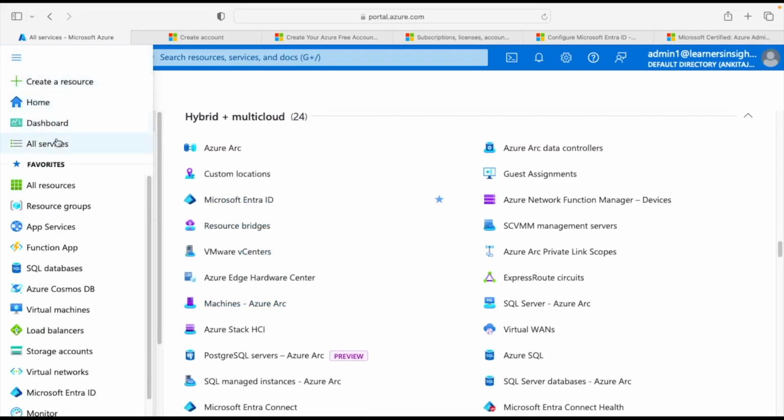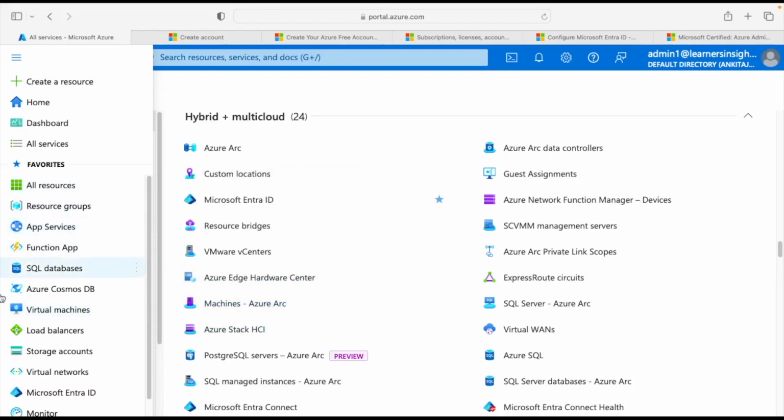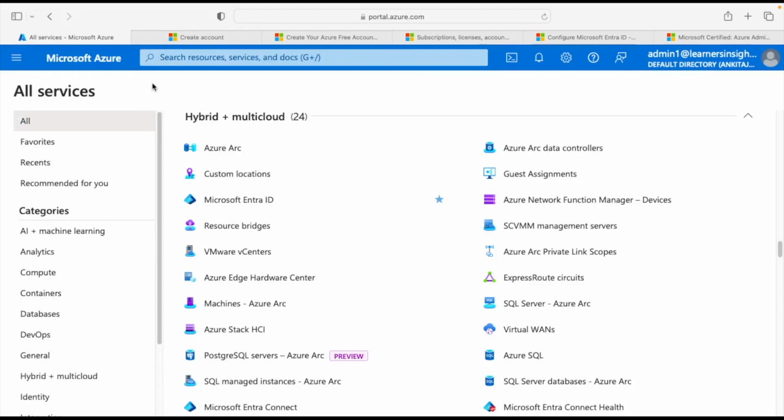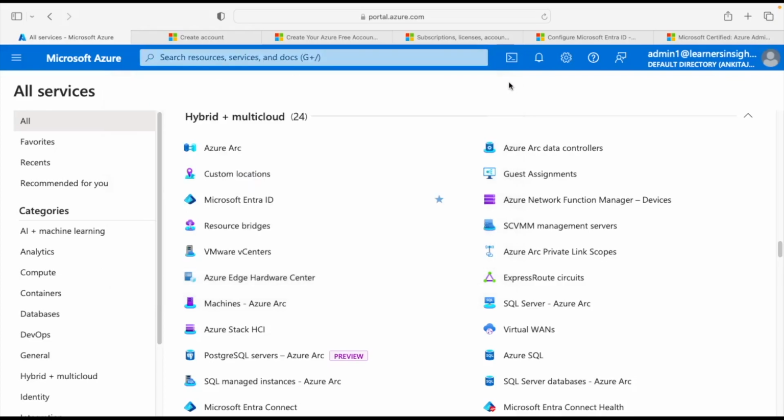If you tap on all resources, it will reflect the services which are running in your environment. If you star mark any of the services, it will come in the portal menu. And you can also create resources by clicking on create a resource, and you will get all the resources from the marketplace. You can search for a specific service like we did for subscription, and you can programmatically manage a service, not just by GUI but by sending bash or PowerShell script commands.